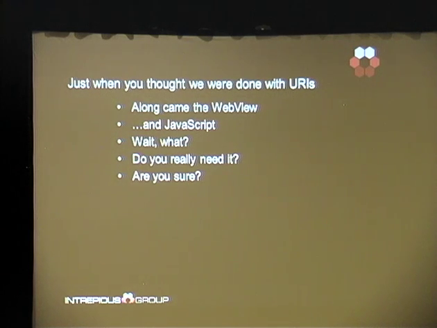So another interesting vulnerability here is what happens when we take a URI handler and we somehow combine this with a web view. So this may not make sense right now, but hopefully it will in a few minutes. So what's a web view? Essentially, it's a simple class, a simple mechanism to view web-based content in your application.